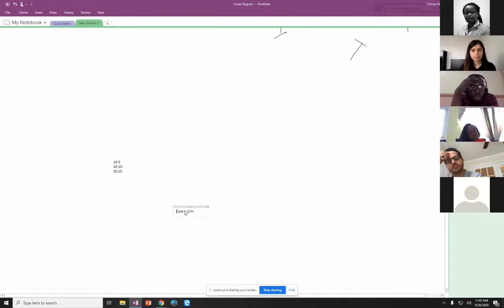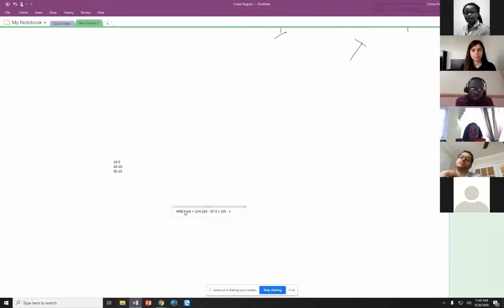MSE: the cost is equal to 1 over m times the difference. The predicted value for the first one minus the actual value, so it's 10 minus 5 squared, plus